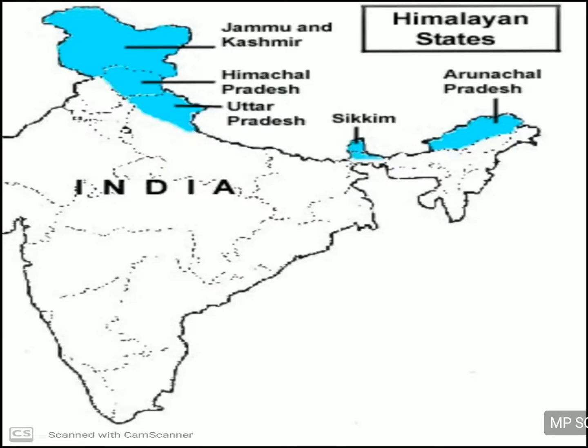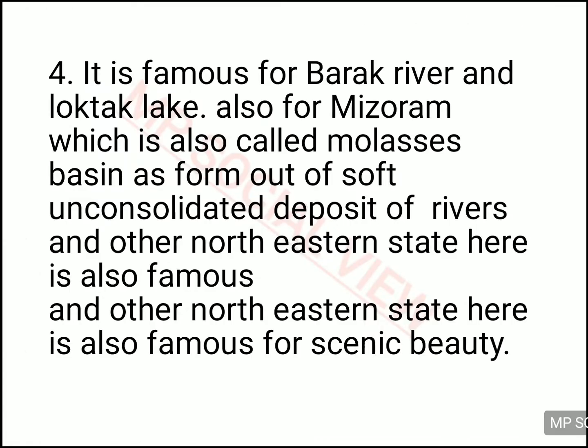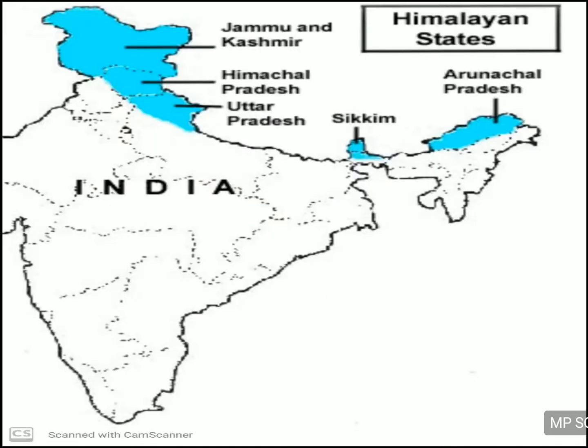Now let's see, this is about the northeastern Himalaya. So let's see all those 5 regions of the Himalaya which we have discussed till now. We have discussed the Jammu and Kashmir Himalaya, that is the Kashmir Himalaya or northwestern Himalaya. Then the Himalaya falling between Himachal Pradesh and Uttarakhand, that is the Himachal and Uttarakhand Himalaya. Then the Darjeeling and Sikkim Himalaya, which is found between Nepal and Bhutan.